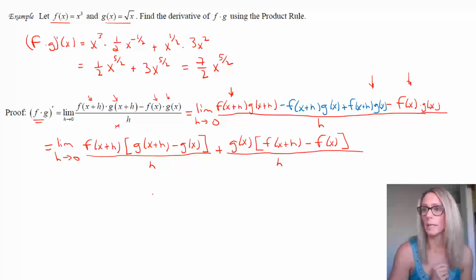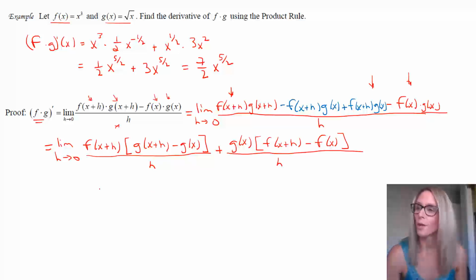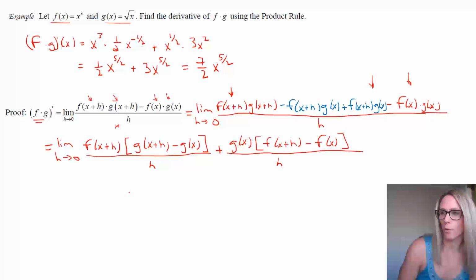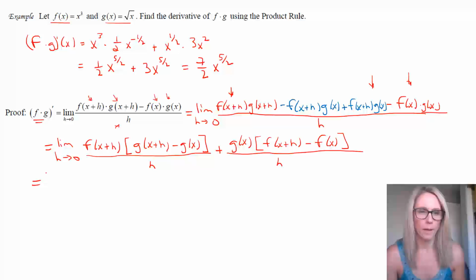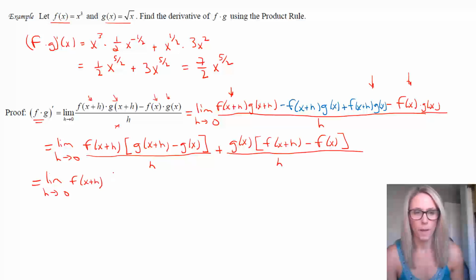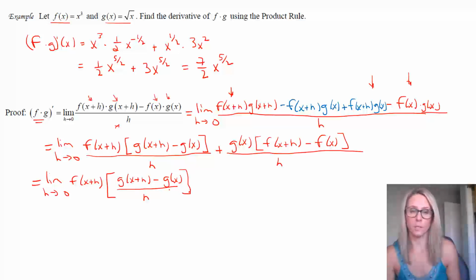Okay, so the key to this is the reason that this helps us. I'm just seeing where I want to go from here. I think I'm actually kind of doing okay, but I'll write one more line so that we have what we need, just to show you. So the idea here is I'm going to have f of x plus h here. And then I'm going to have this g of x plus h minus g of x over h. So all I did here was move out f of x plus h. And then we'll have g of x.